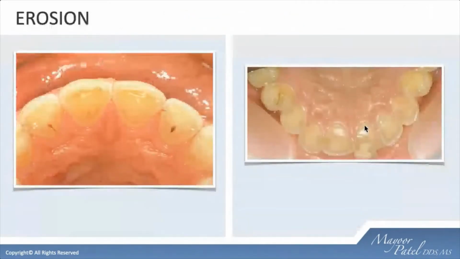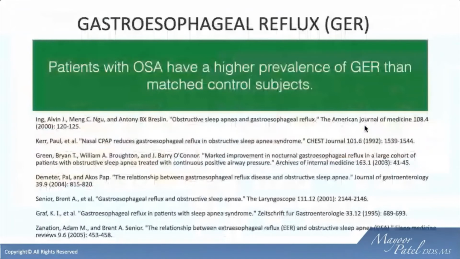Now, what about erosions on teeth? Specifically the linguals of the uppers, and in some cases you might see that pitting, hollow-looking appearance on the mandibular molars. We know that there is a strong correlation between gastroesophageal reflux and obstructive sleep apnea. So anybody that's taking proton pump inhibitors, has a history of GERD, or clinically you see significant erosion in these teeth, you may want to explore that. Is it possible that apnea has not been diagnosed or not been appropriately managed leading up to it?